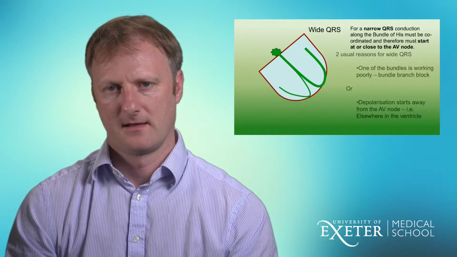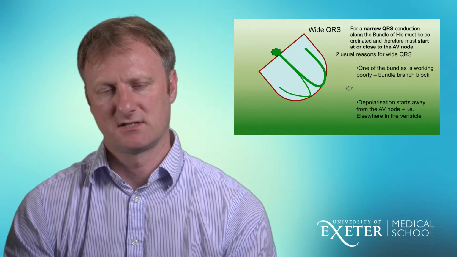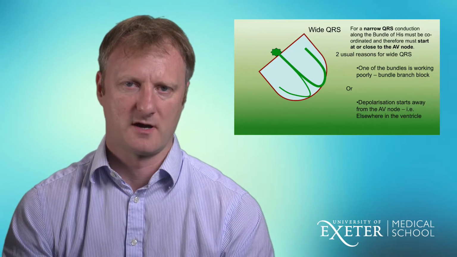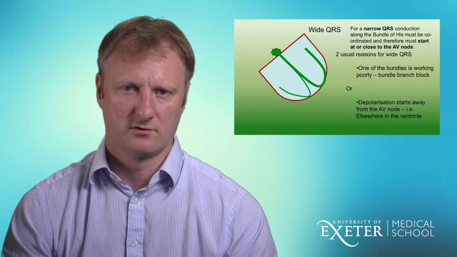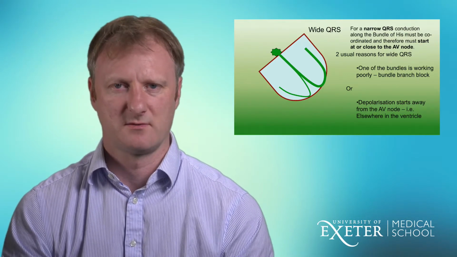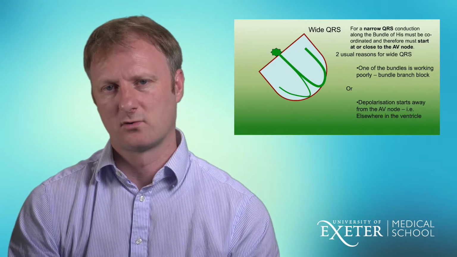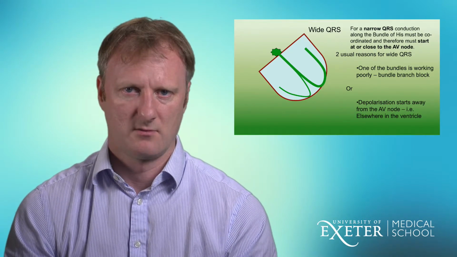So when we think about why a QRS may be broad, it's for one of two reasons. Either there is a disease process within one of the bundles, either the left or right bundle, that means that conduction starts as normal, but as it hits the bundle branch block or the disease within the bundle, there is a slowing of conduction, and that normally would cause a notching in the QRS and a broadening above 3 squares